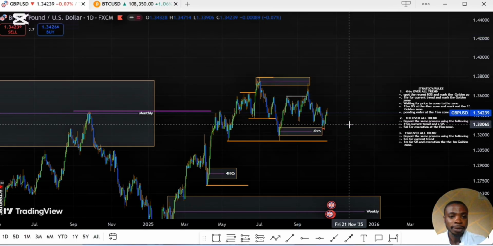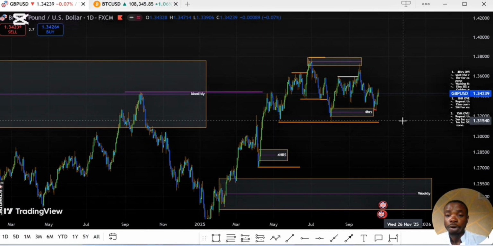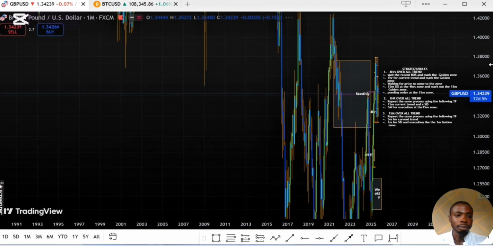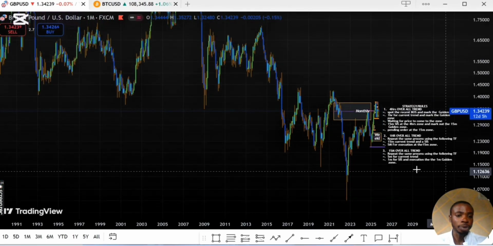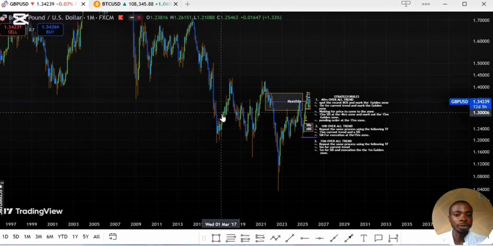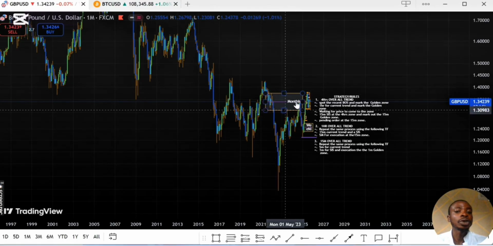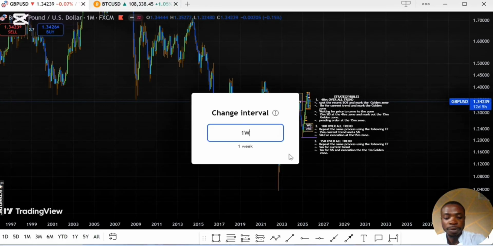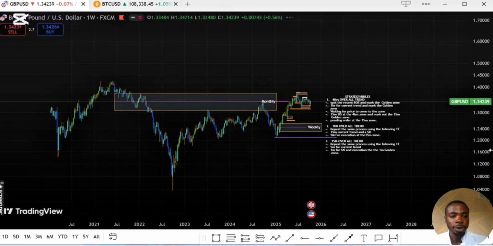Let's clear this high so we can reanalyze it together. On the weekly time frame, the overall is bullish. Then on the monthly time frame, it is bearish. The overall structure is bearish on the monthly time frame. And here is a monthly goldie zone. And on the weekly, that is where you can say overall is bullish.